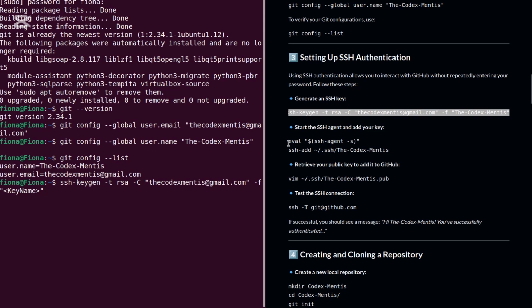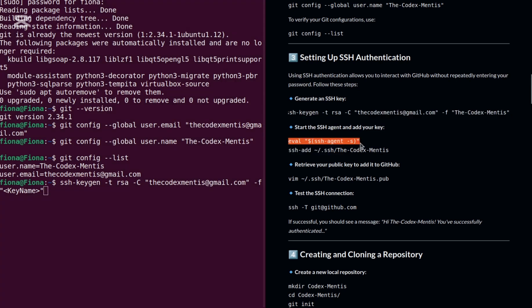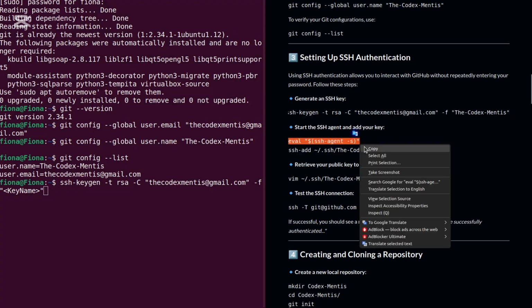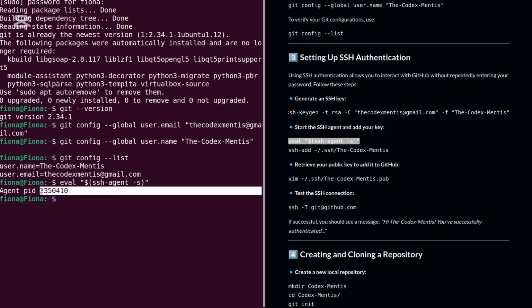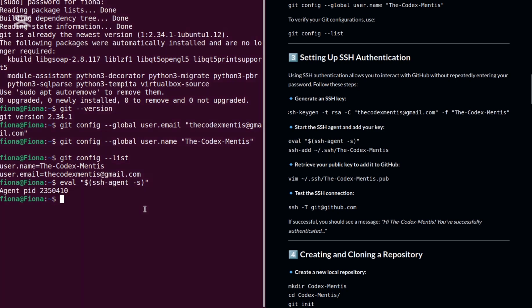Okay. So next, you have to start the agent. Sorry, you have to start the agent and then you add the key. So we run this command and it's going to show us that the agent is running in the device. And then you add the key to SSH by running this command, ssh-add, and this is the directory of your SSH. So for example, if we move there,